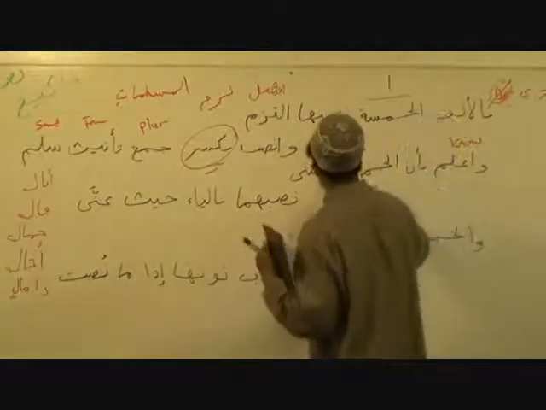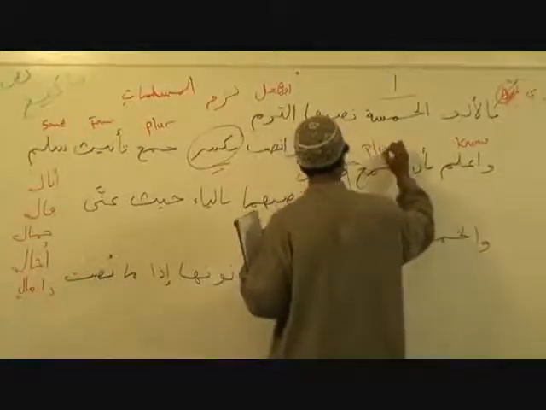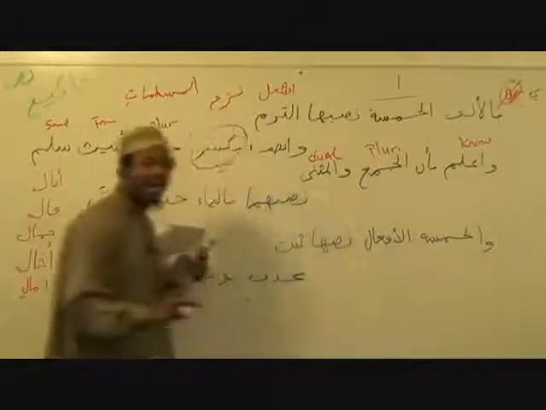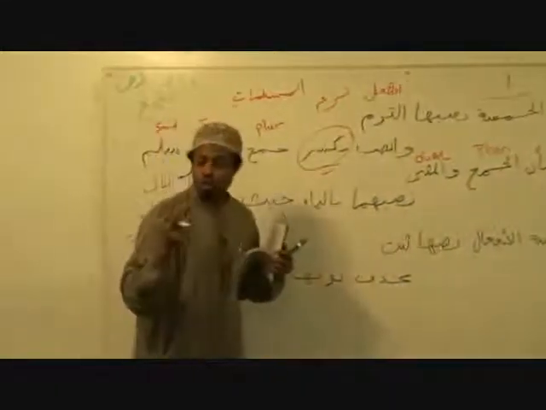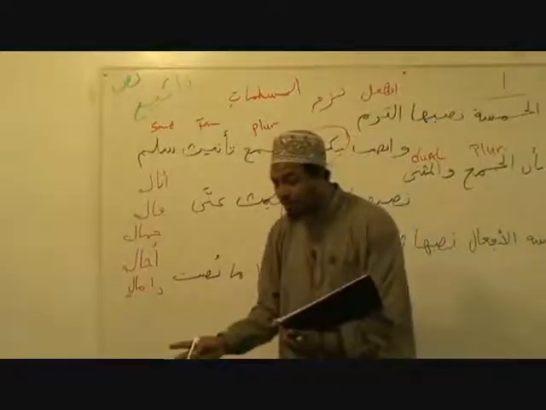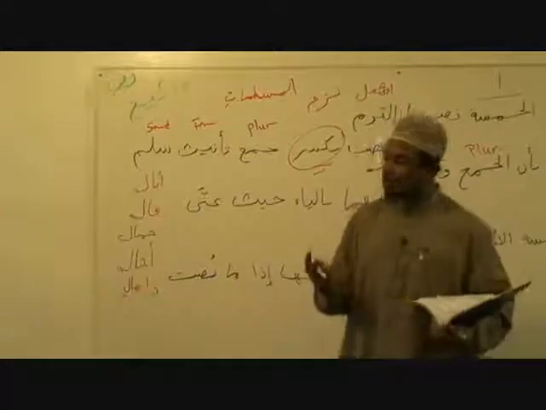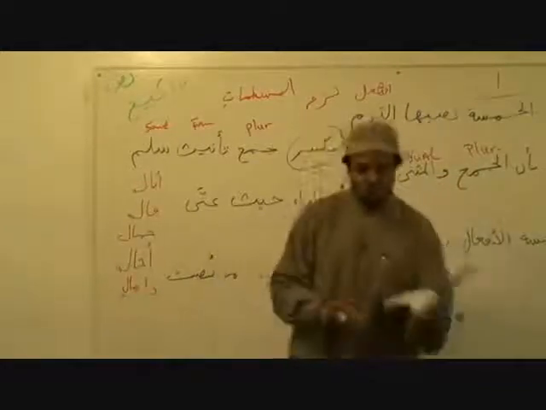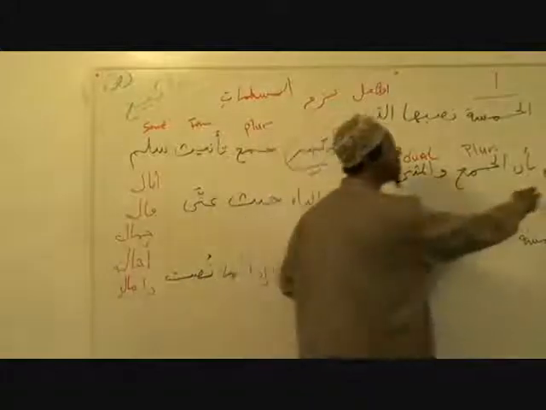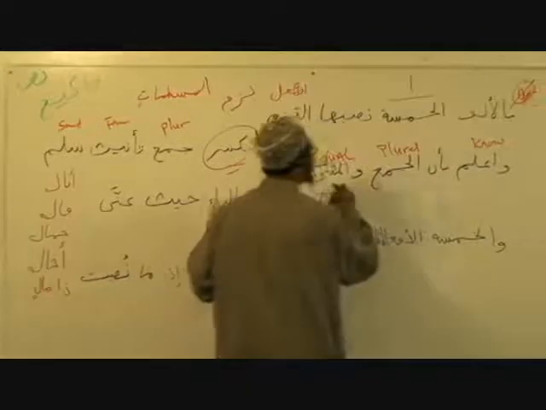بِأَنَّ الْجَمْعَ وَالْمُثَنَّى, that the plural and the dual. Okay, because remember, Arabic has a singular, dual, and then the plural. Plural does not start at 2 and more. Plural starts at what? 3 and more. 2 is dual. 1 is singular. 2 is dual. 3 and more is the plural. So it says, wa'lam, and know that the plural and the dual,